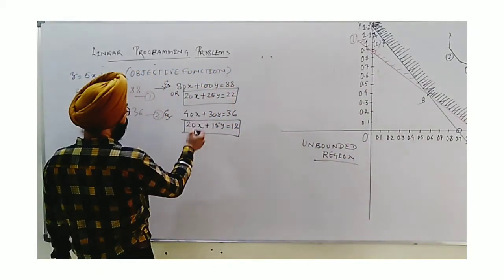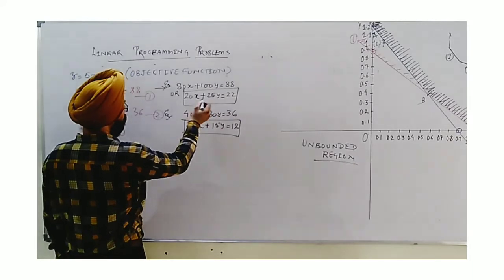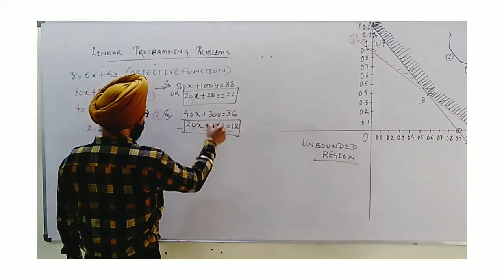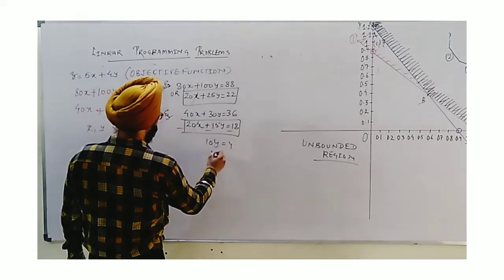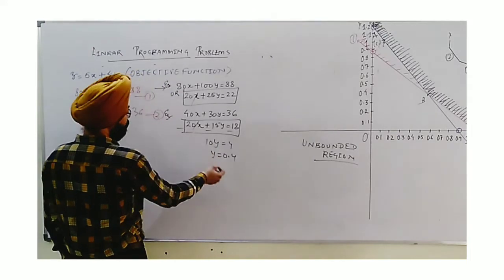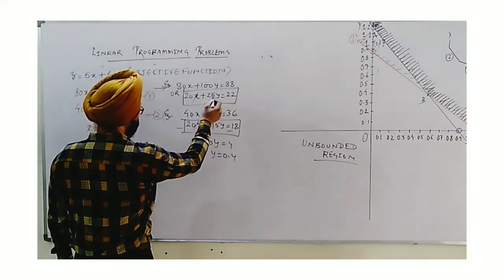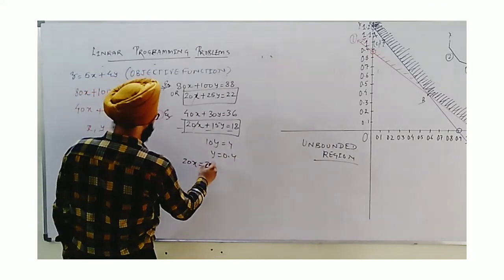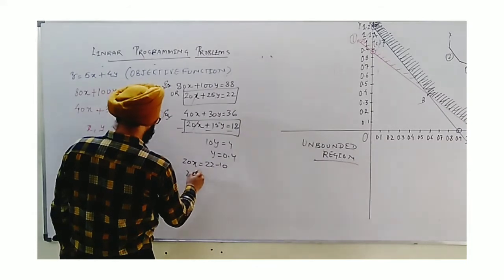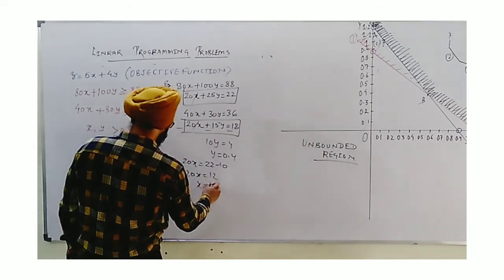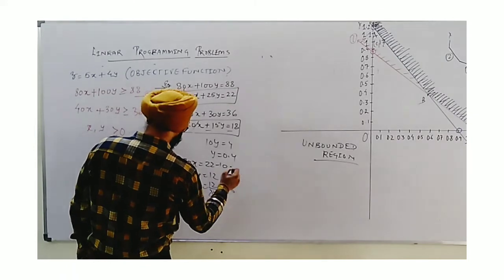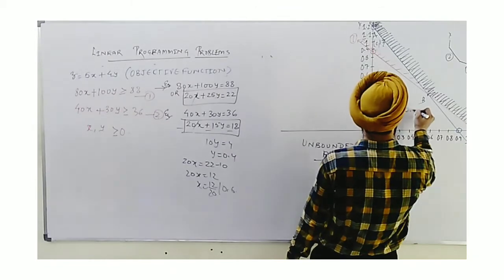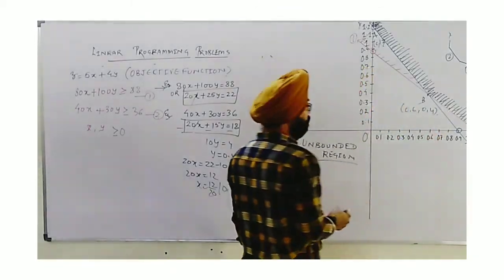Solving them, if I directly take the subtraction of these two, from the first if I subtract the second one, the sign changes and these two terms will cancel out. 25 minus 15, 10y... 22 minus 18 is 4. So y comes to 0.4. Now, replacing y by 0.4 in the first equation, 25 times 0.4 is 10. So 20x is equal to 22 minus 10, which gives 20x equal to 12. x is equal to 12 upon 20, which is 0.6. So the point B is (0.6, 0.4). All the corner points are obtained.